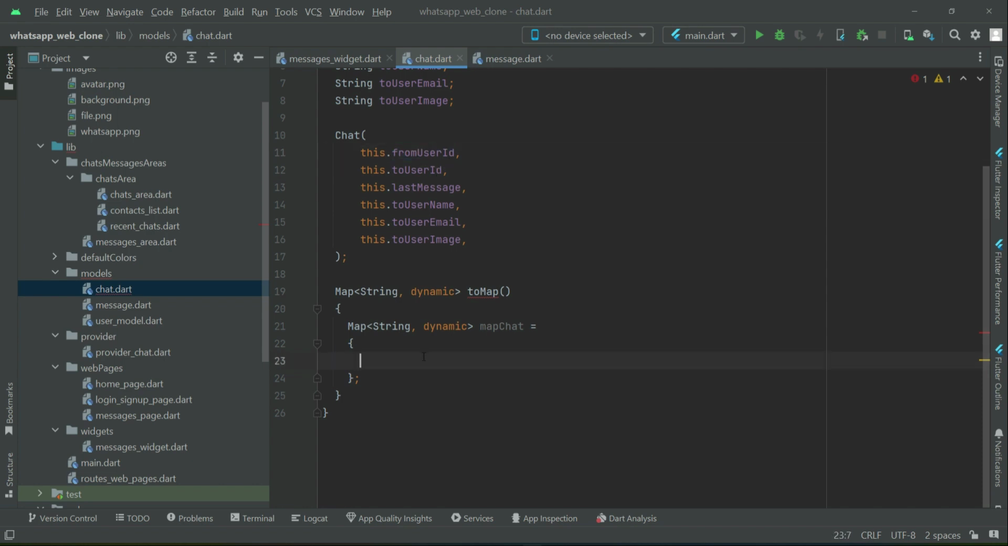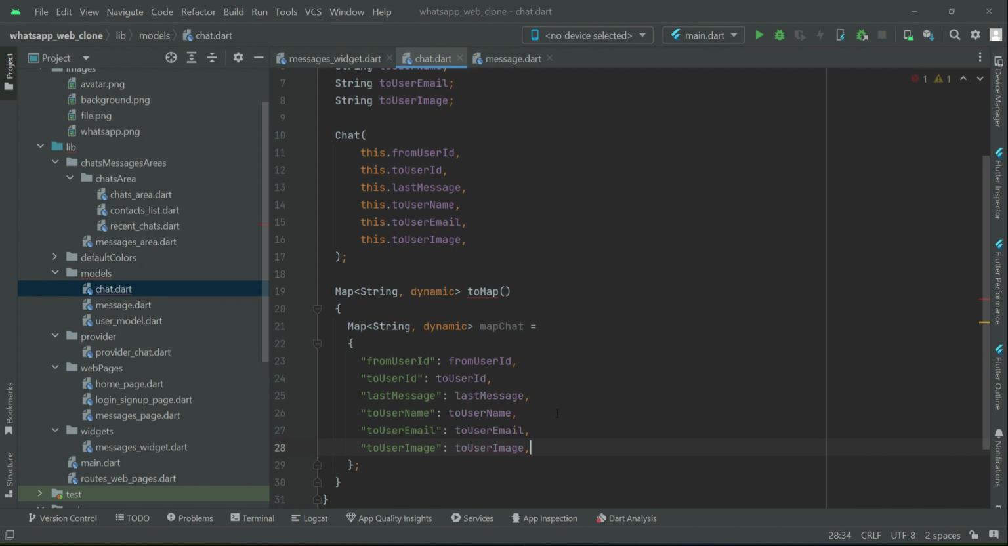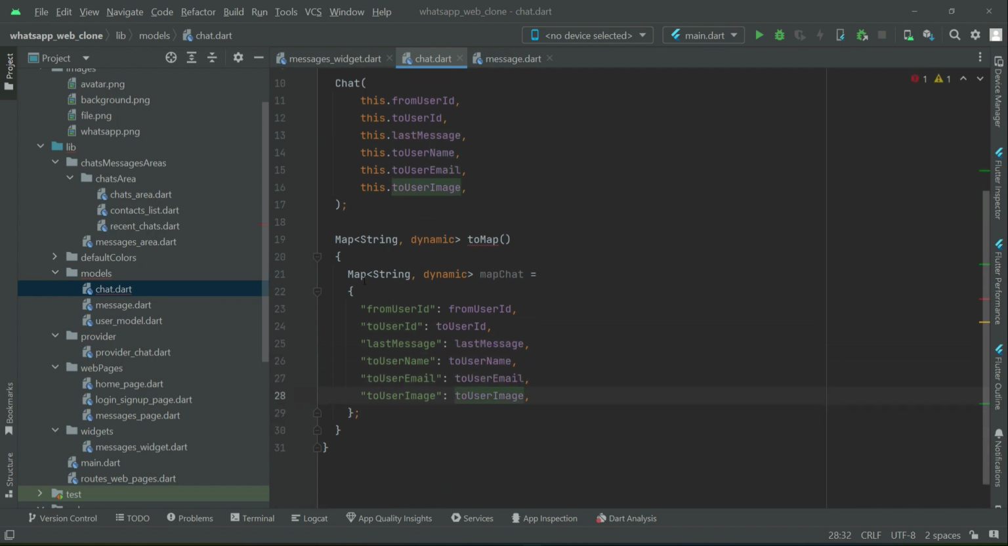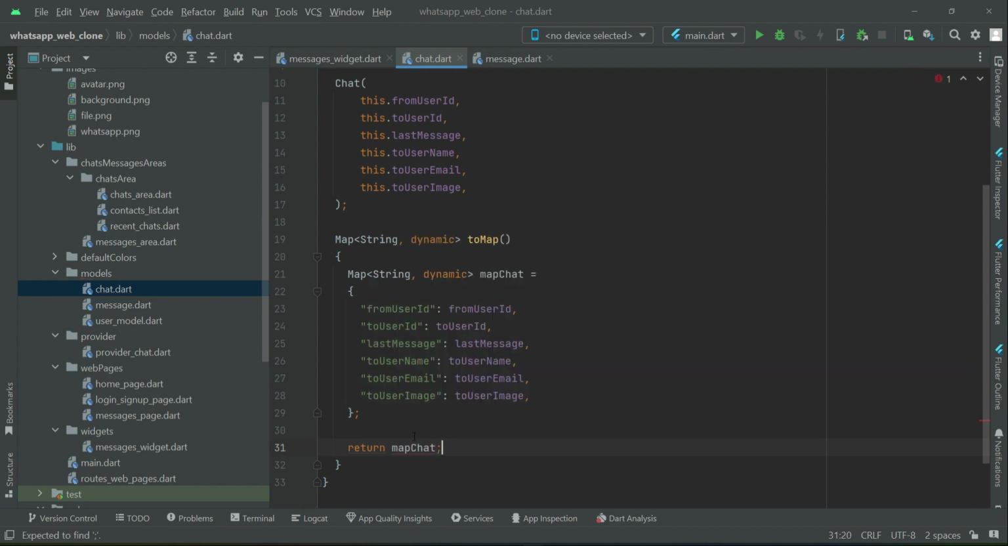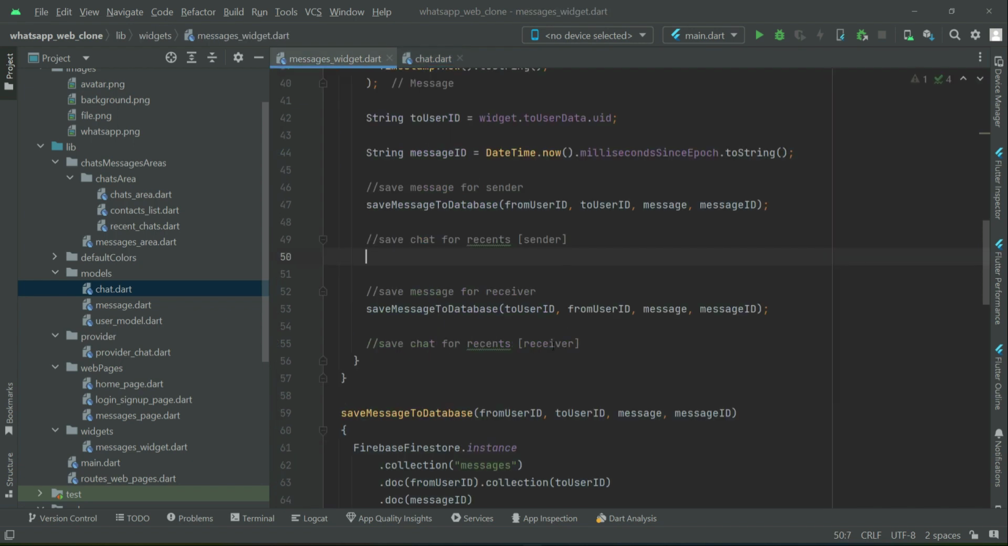First we have fromUserId, so the key name will be fromUserId, and the value is the one inside fromUserId. Similarly for the other ones. Okay, toUserId, lastMessage, userName, email, and image, and then we will return the map chat. So now on our messages widget,